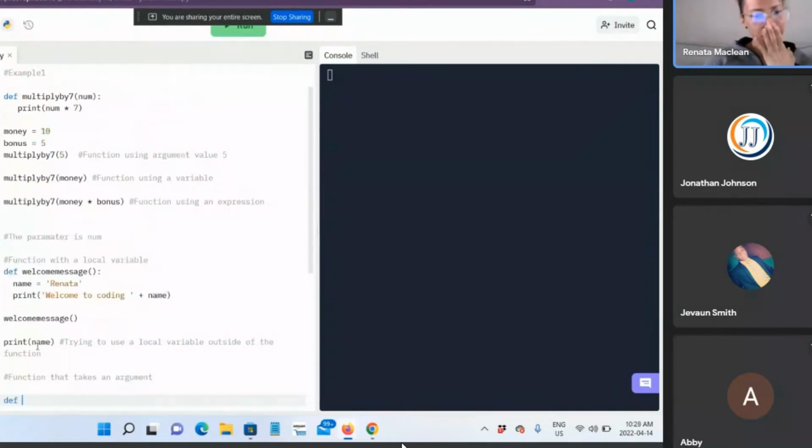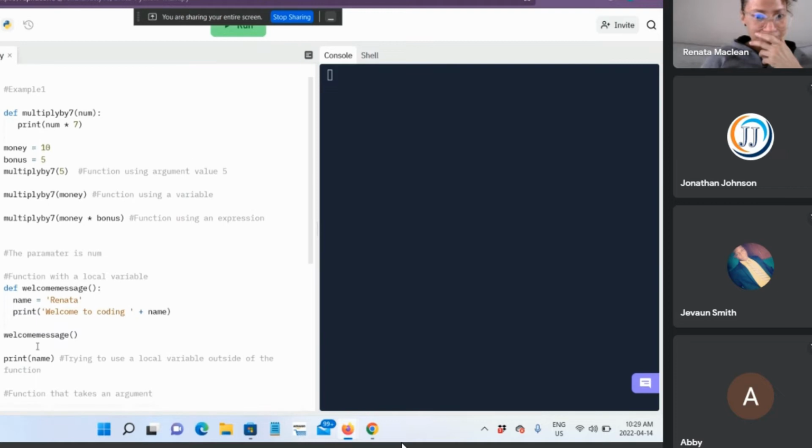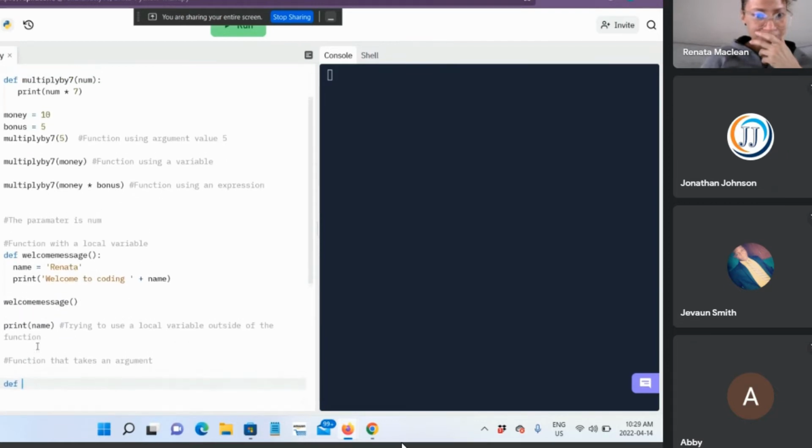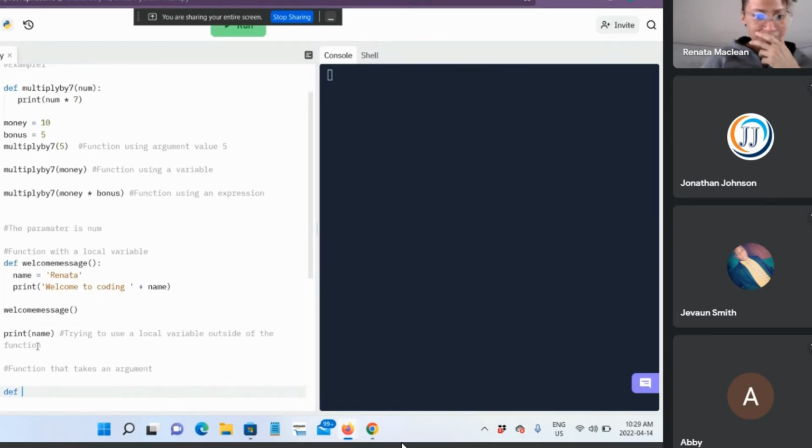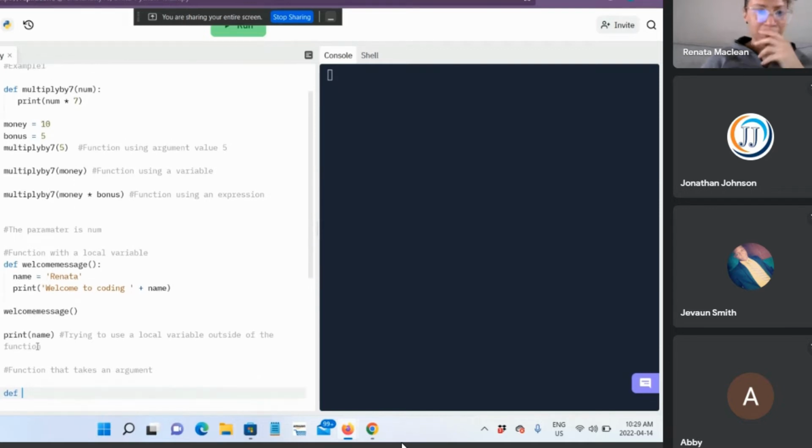Brand new function, and it takes an argument. So it's not going to be the same as the one that we had on line 20. The one on line 20 did not take any arguments in the function. I know, you are learning. Just keep it simple. Don't make it too complicated.